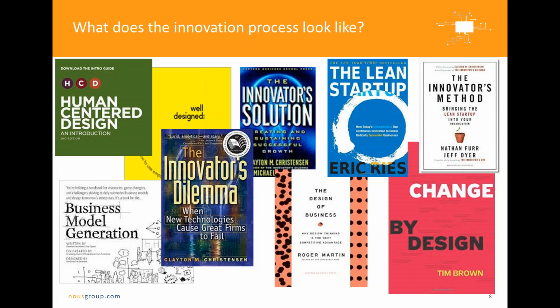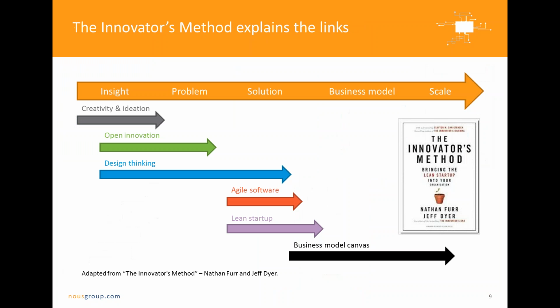And to do that, the most useful thing I've read on innovation for a long time, and I can't recommend this highly enough, is a book that came out late last year, I think, The Innovator's Method. And it did two really useful things. The first thing it did was to say all these approaches, all these methods in innovation, are sourced from different places. So design thinking comes from the world of design and engineering, agile from the world of computer science, lean startup from the world of entrepreneurs. They all come from different places, but actually they're all describing the same approach, the same method. They just emphasize different parts of it.